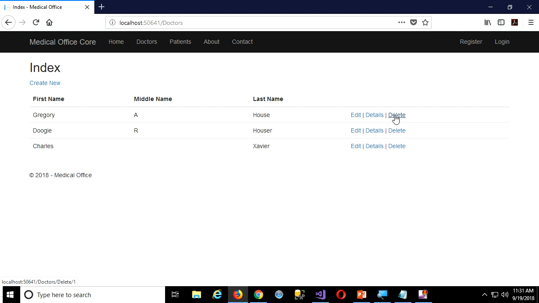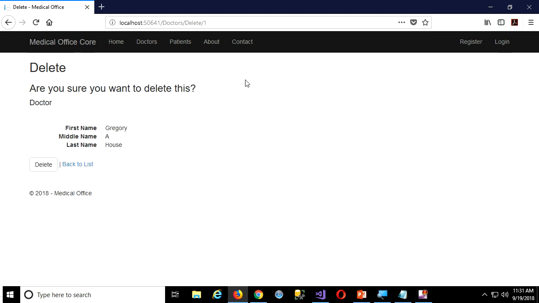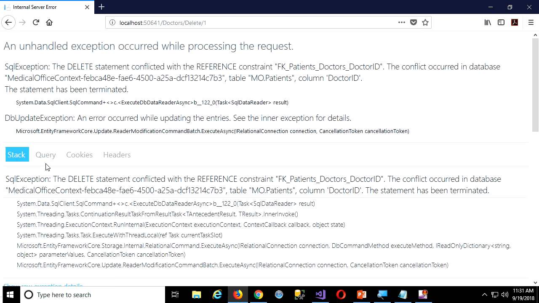However, if I pick a doctor that has patients, do the same thing, then I get this error. Because the SQL Server has said, no, we don't have cascade delete here. We set that delete behavior to restrict the on delete behavior, so the delete statement conflicted with the reference, and then there's this big long name here for the foreign key constraint. Again, it's a DB update exception. So this one we'll have to handle in a very similar way to what we just did for the create,